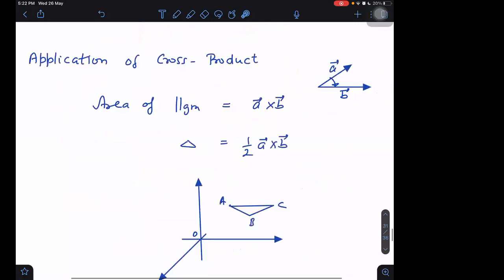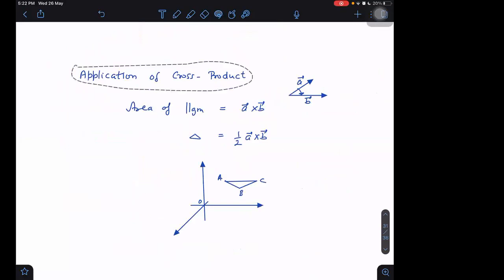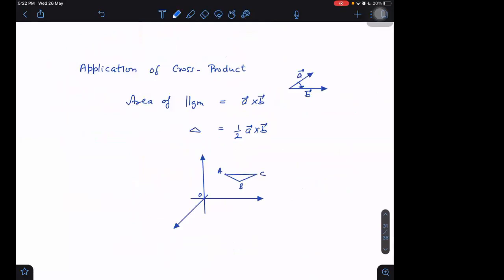Next, we have application of cross product. We have done so far application of dot product. Let me take a few examples at least for the application of cross product. One very nice example is that it is useful to determine the area of a parallelogram formed by the two vectors A and B as sides. If A and B are the sides of the parallelogram,